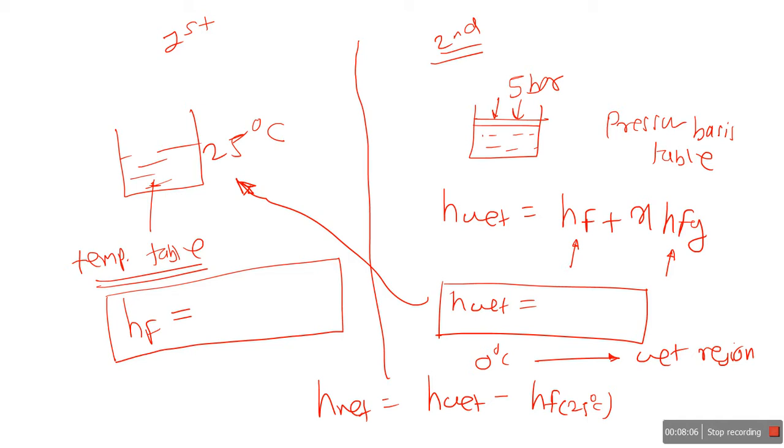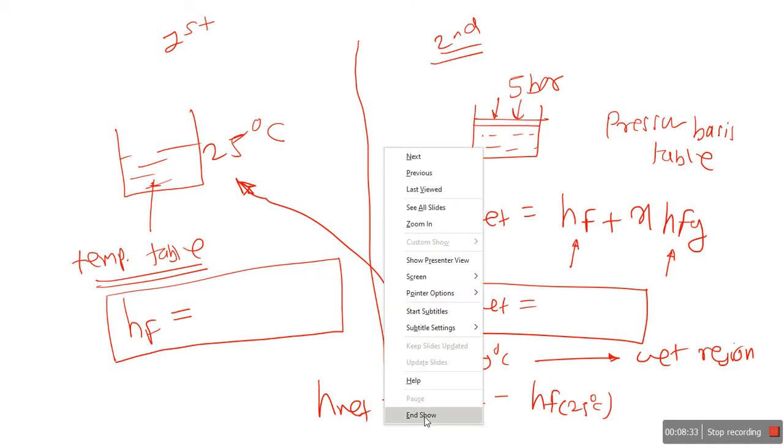Now that water, under 5 bar, is going to be converted into wet steam. What is the heat required? So I purposefully use the pressure basis table. Under that condition we get the actual heat required, but that answer is calculated from 0 to the wet region, while our water is already at 25 degrees Celsius. So the net heat is the enthalpy of wet steam minus hf. So how to calculate these values? Let's go directly to the steam table.